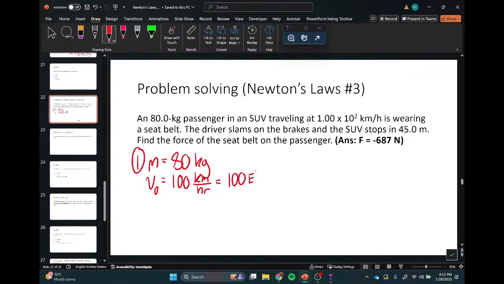So we're going to convert it to meters by multiplying by 10 to the 3, multiplying by 1,000. We're going to convert to seconds by dividing by 60 times 60, which will be 3,600. So I'm converting from kilometers per hour to meters per second. In case you're like, what happened here? I'll just make it maybe a little bit more explicit.